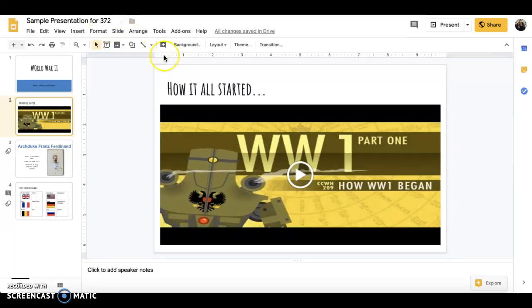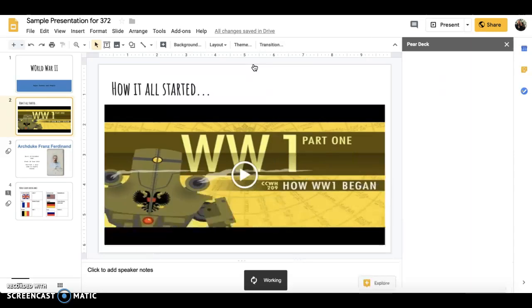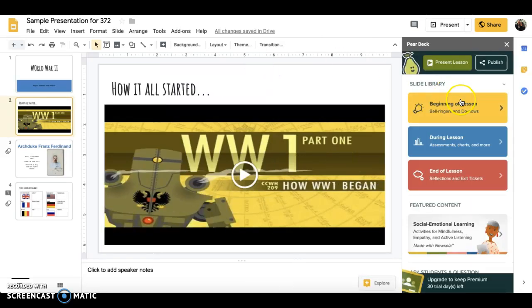So the add-on that I found that I think would be really helpful in using during a Google Slide presentation is called Pear Deck, and it's just something you download for free, and then you sign up for an account on their website. But if you come here and you open it, it'll load, and it gives you a couple different options of interactive things you can do with your students that you can link to and put it into